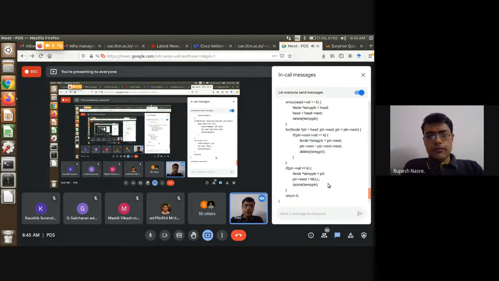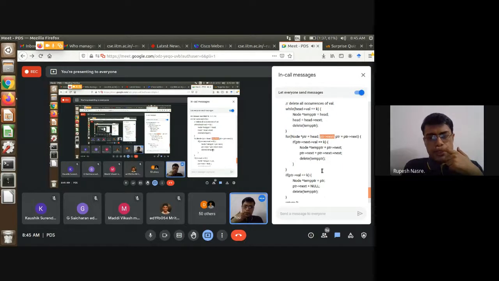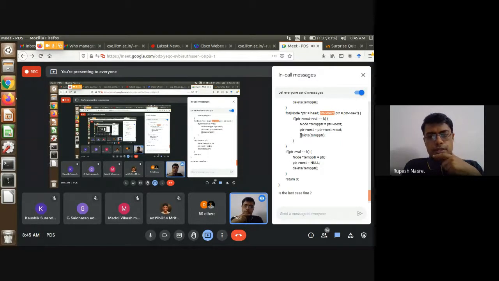Here, also again, we'll have to be a little careful. The reason being, let's say I'm removing one and there is only one element in the list. So I have already removed it here, and then head is going to become essentially null, and therefore this condition will segfault. In a similar manner, when I remove the elements here, then this condition can segfault. But otherwise, I understand your logic is correct.